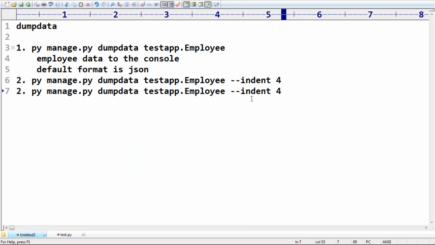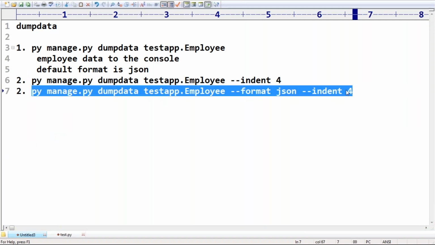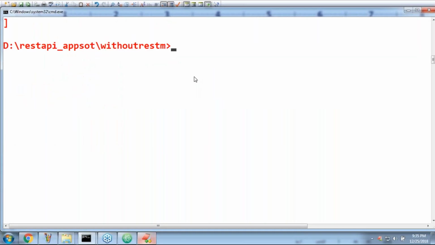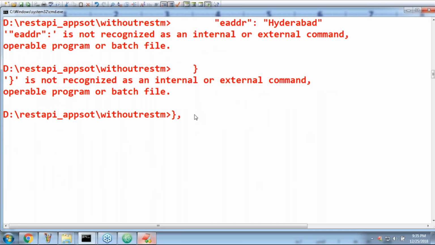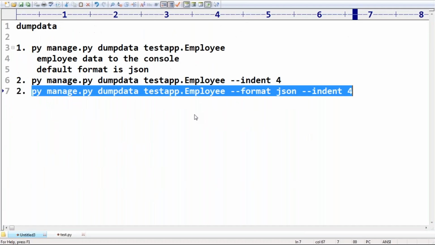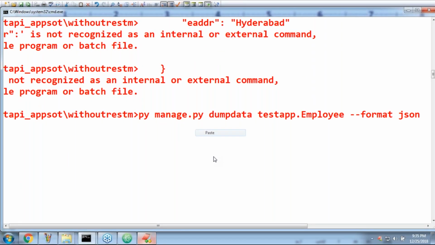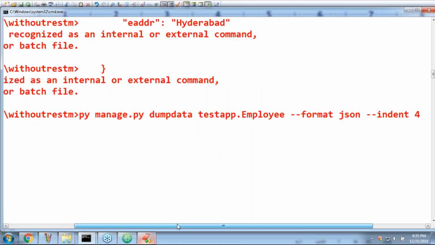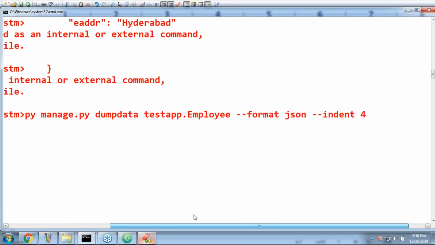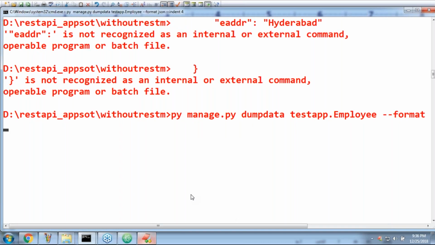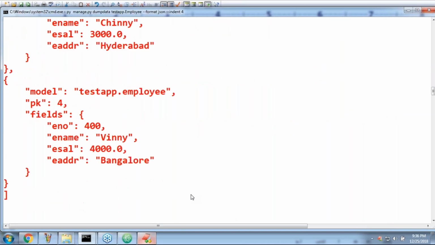First, explicitly I'm telling I want this output in JSON format, with hyphen format JSON: py manage.py dumpdata test.employee --format json, like this, right? The same output you are going to get by default. If you want, you can cross check, same thing only.